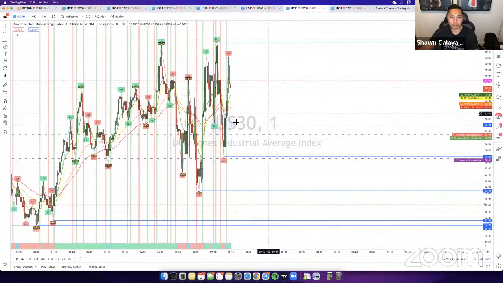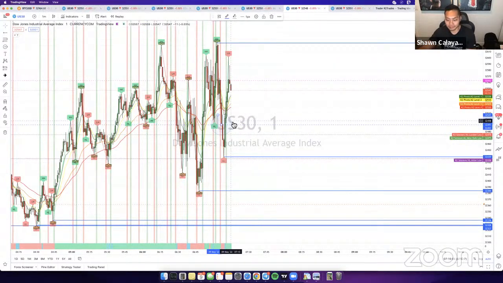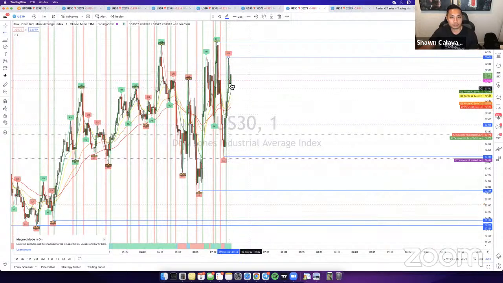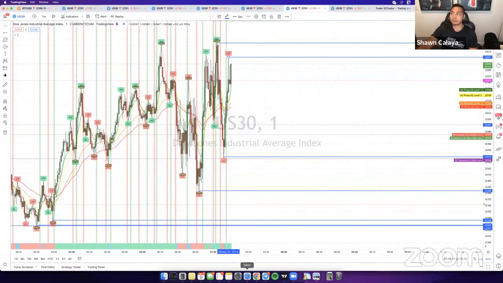Otherwise, the market's still doing what we anticipated. It's still messing around. Hasn't really chosen a direction yet. It's kind of going back and forth. You can see right here, it's now back at news price, but we're definitely not going to be falling for any of these buys. What I see happening here is just they're trying to lure in some more buyers, right? It's doing exactly what happened over here.